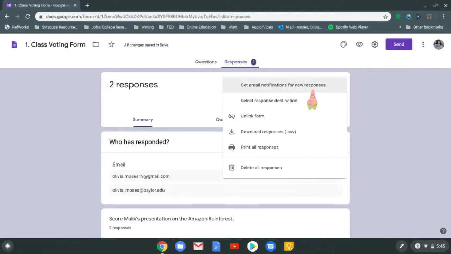You have some other options here where you can print out the responses. You can download the responses. What this .csv is, is the Google Sheet. You can unlink the form, so if you don't want the Google Form to automatically respond anymore, you don't have to. And then if you want a different place for the sheet to go,